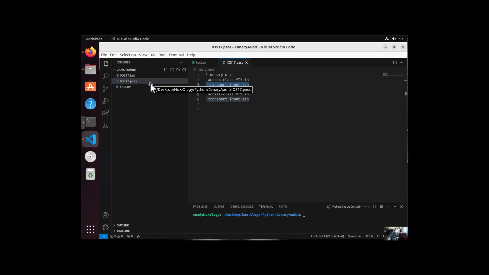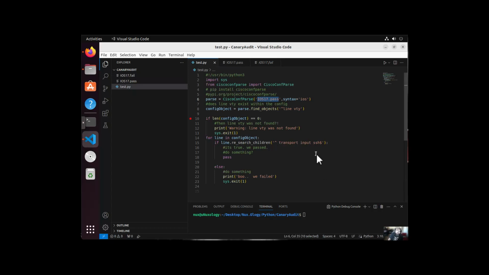So we have two files here. We have a pass, where both are set for SSH on our lines, and our fail file, where one of them has telnet configured. So why not take a couple of seconds